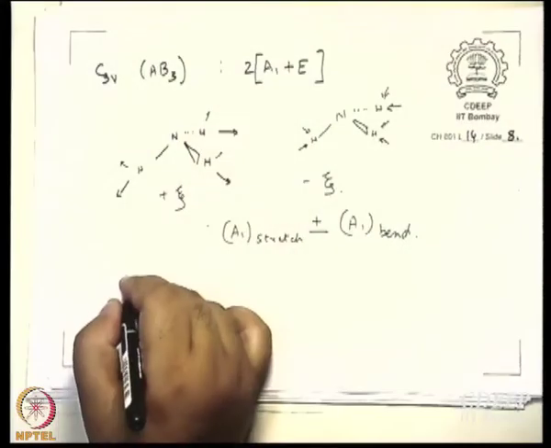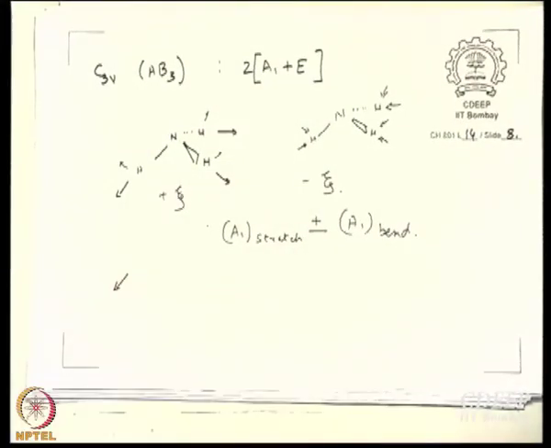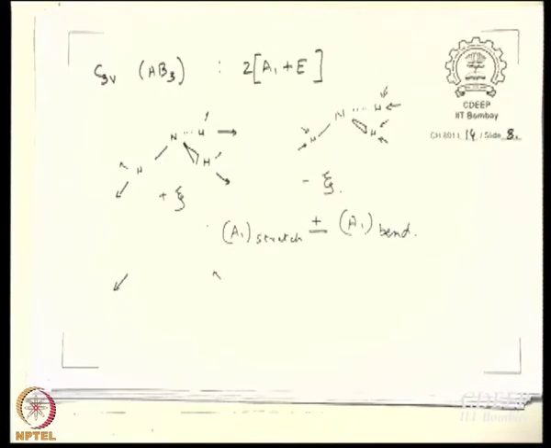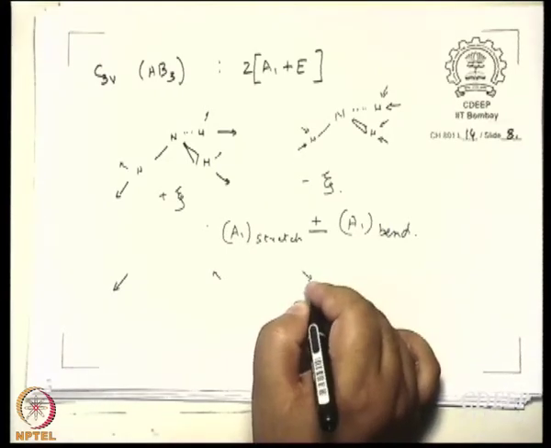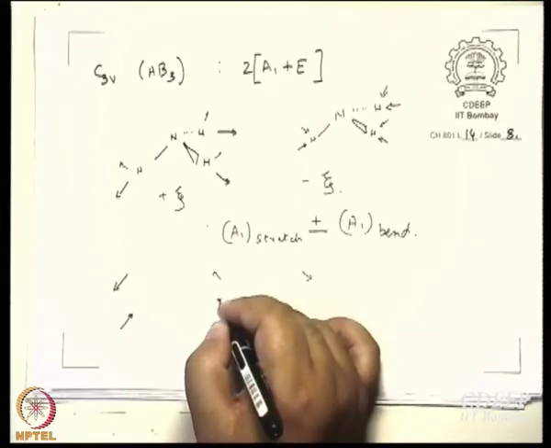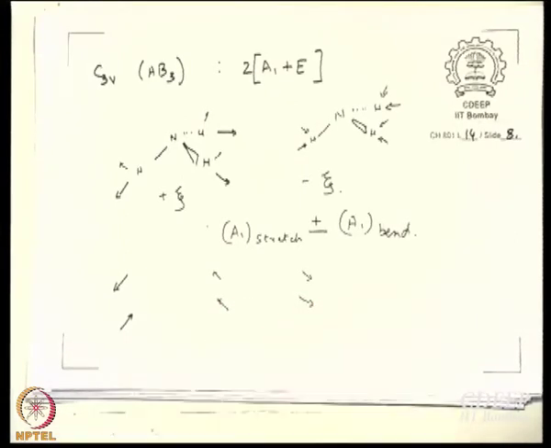Let us take it like this. Let us first talk about this when stretching takes place. Okay. What we are saying is, in one case the angles are increasing, in the other case the angles are decreasing. The other would be when it is in the opposite phase, then again angles can be opening up or angles can be closing down. So, these are just the negative phases, nothing else. Okay. So, see, for BF3 for any state at least, we have been exactly able to tell what the two normal modes are. Stretching and bending have to be together.